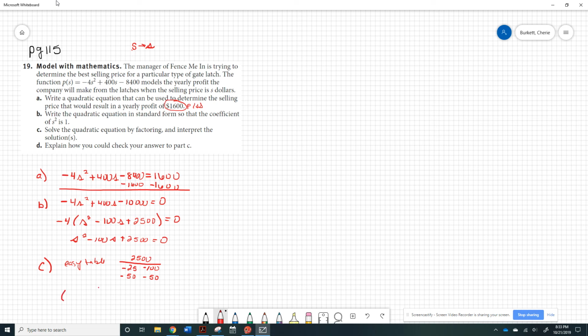And what are you doing? You're looking for what 2 numbers go here and here. So fill those blanks in with the right numbers. And then, of course, set those 2 things equal to 0 and solve, because they ask you to solve it, not just factor. It says solve by factoring. And be sure you interpret the solution. Remember, if it says S equals something, that tells you that that's what the selling price should be. So you're going to interpret the solution. You're going to say